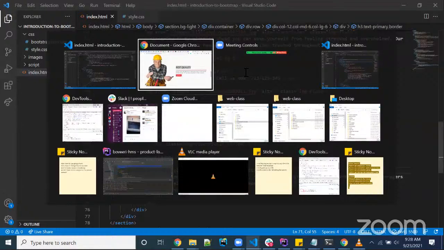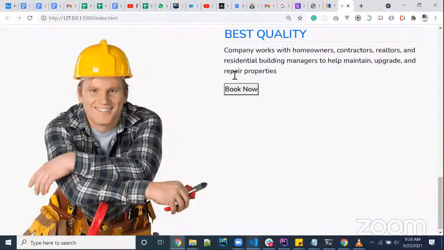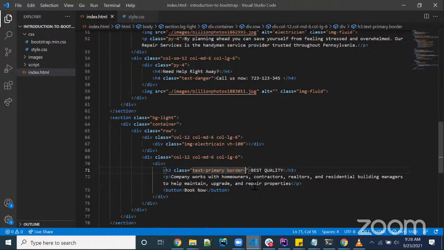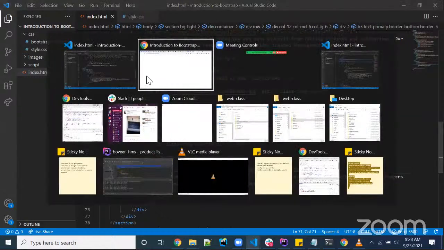Then to increase the, let's see what we have first. Oh, okay. So we have this border around the text, which is not supposed to be so. What we just need is the border bottom. So let's specify the border we want using border bottom. The size 5. Let's see. Okay, so if you go to the Bootstrap documentation for border,